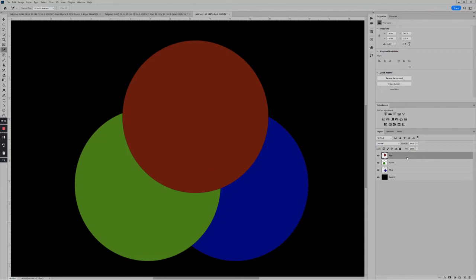Now, I have each one of these 3 circles. The red is on a red layer, the green is on a layer labeled green, and blue is on a layer labeled blue. And if we use the inspection palette, and if you watch the numbers up here in the top left of this palette, it will show the values of red, green, and blue as I move the color picker across here. And you can see, for instance, if we look at the red, the color there is actually 128 red, 0